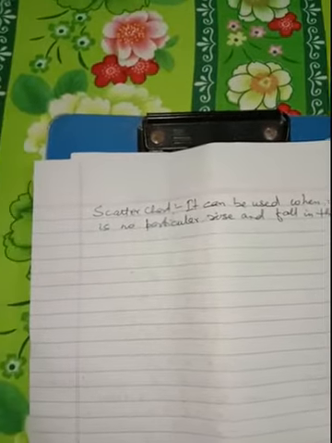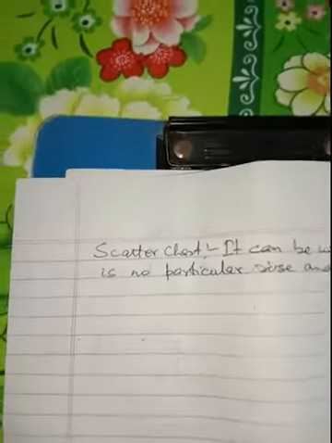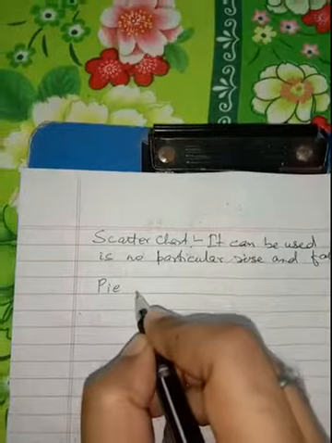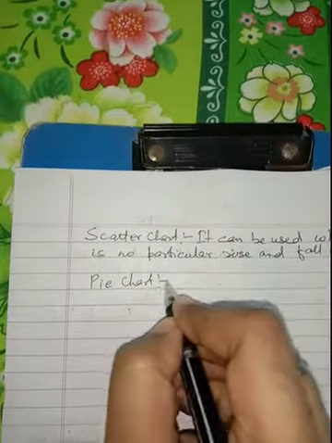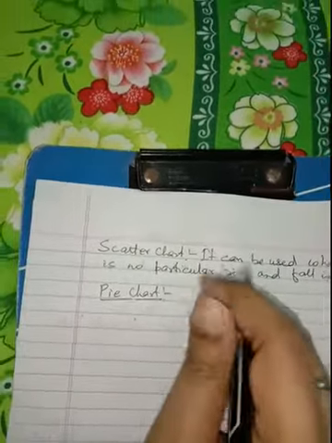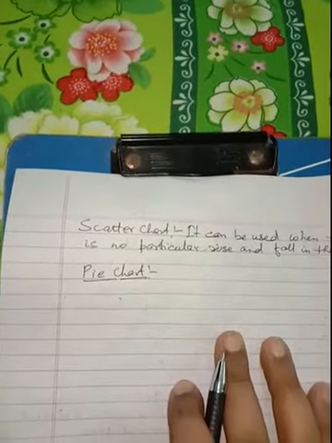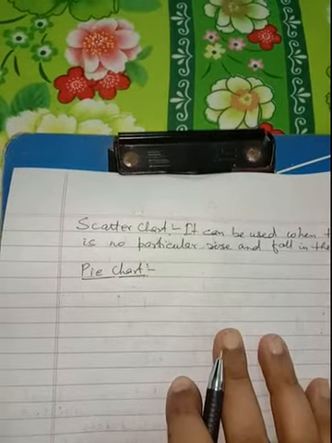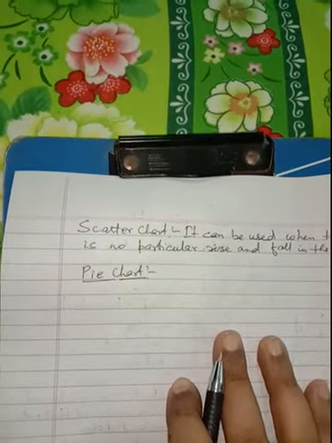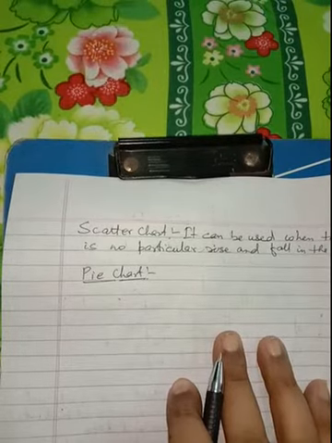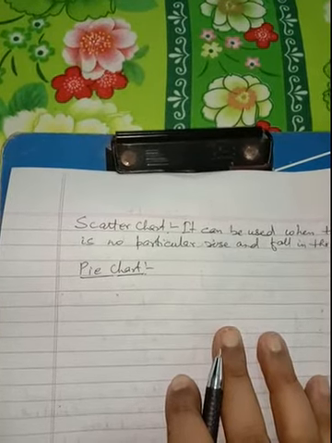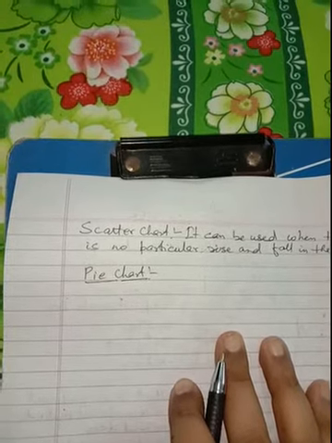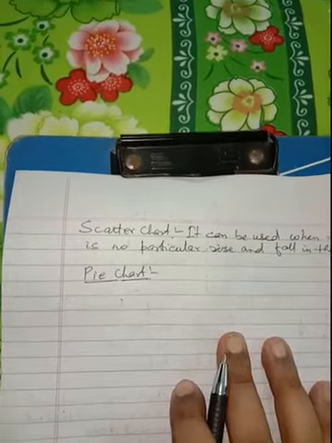Now the next type of chart that we are going to discuss is the pie chart. I think almost all the students have drawn the pie chart in math classes. You must have found the pie chart in the geometry portion. So what is a pie chart? First of all, it is round in shape. It is used for plotting a single data series. Remember, it is used for plotting a single data series. The size of the slice is proportional to the value. All slices taken together make a complete circle.